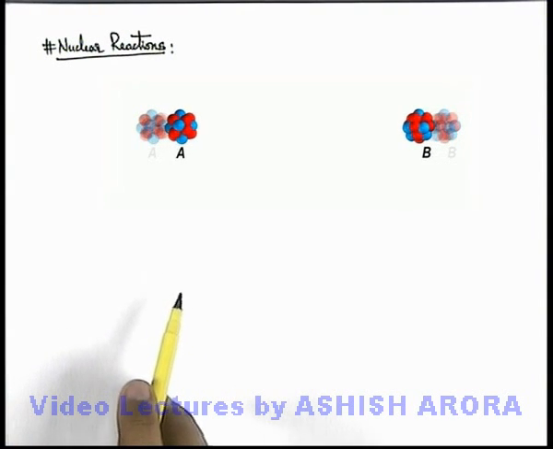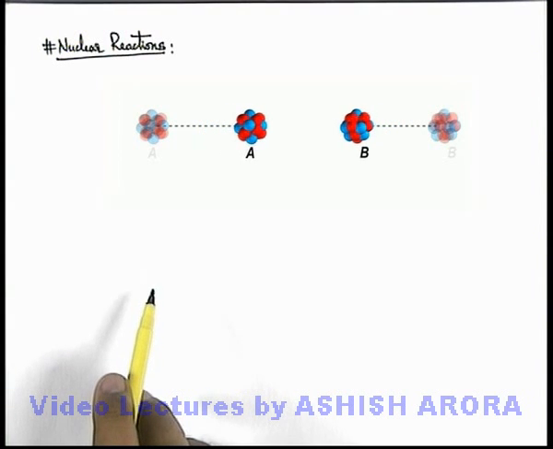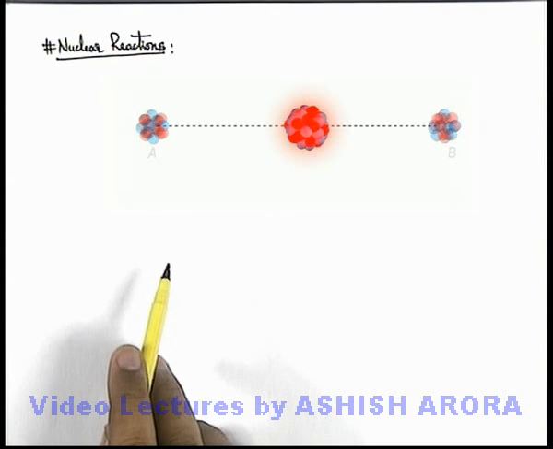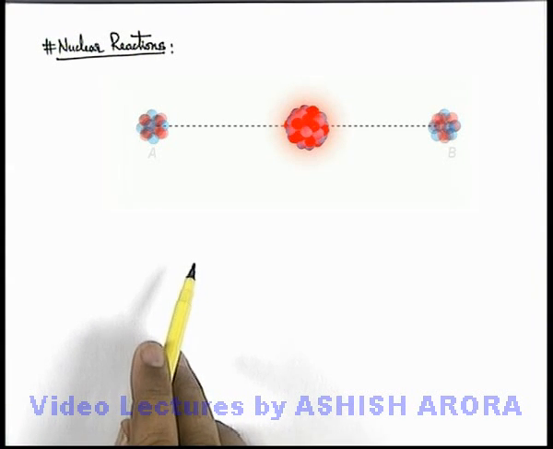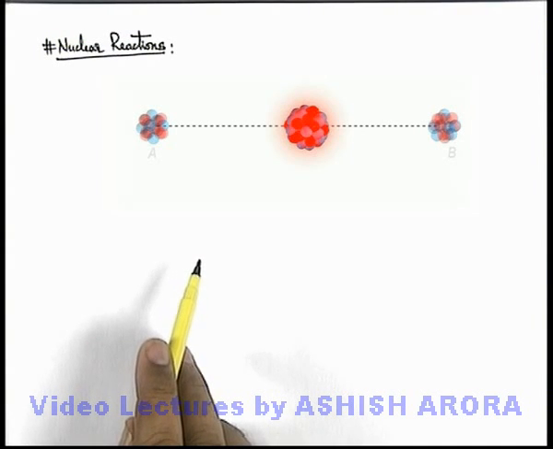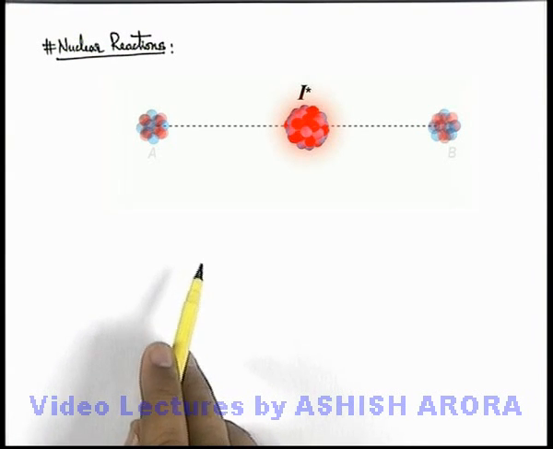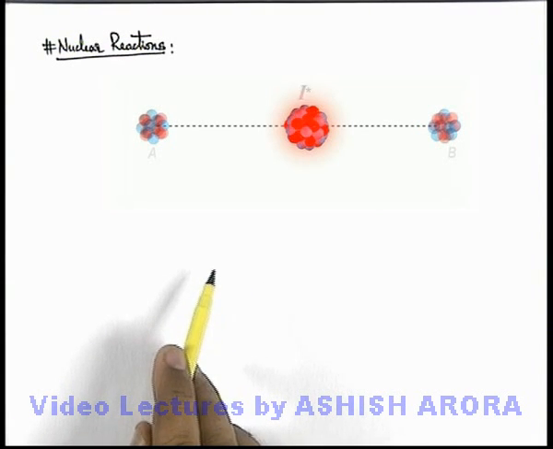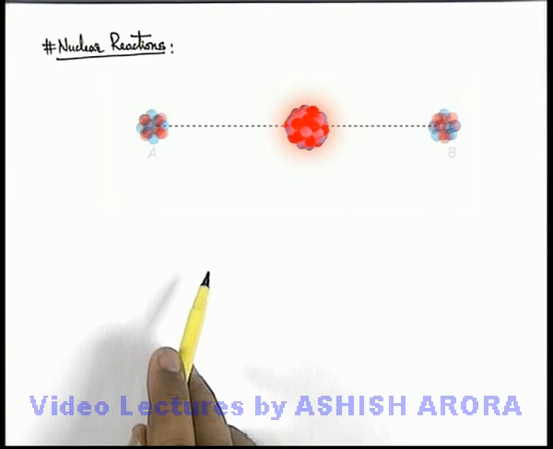B are moving toward each other with some kinetic energies, and when they collide, due to their high kinetic energy, their distance of closest approach will be very small, of the order of nuclear separation, and so nuclear forces come into the picture, and an intermediate combined nucleus is formed, which has the excess energy due to the initial kinetic energy of the nuclei. And if this intermediate nucleus is not stable due to the excess amount of energy, it further disintegrates into two or more nuclides.